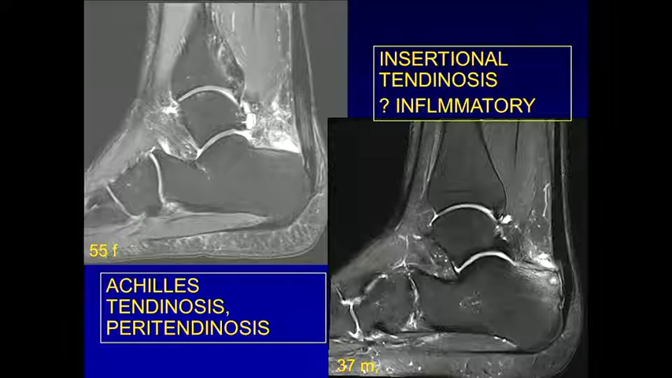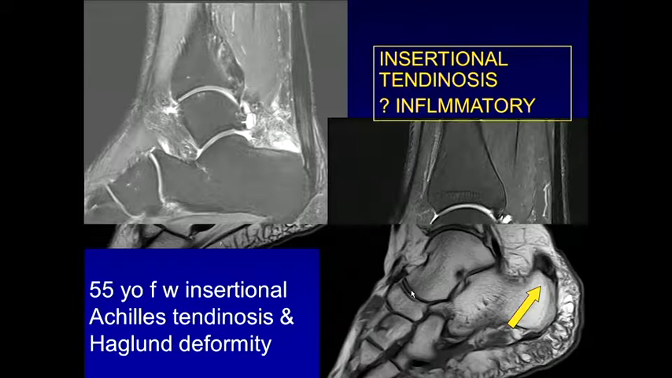There is edema in Kager's fat pad, reflecting peritendinosis. There's also marked distension of that retrocalcaneal bursa. A little bit of marrow edema here. Compare it to this person, insertional tendinosis, probably partial tearing right here, distended retrocalcaneal bursa, and erosion here with marrow edema. When you see a pattern like that, think about superimposed inflammatory process, such as in this patient with rheumatoid